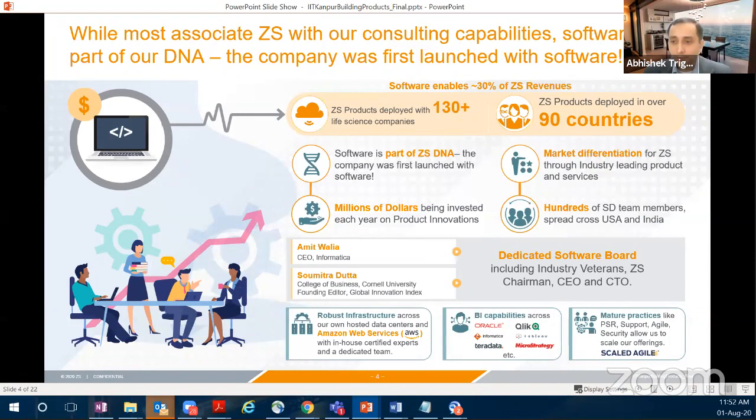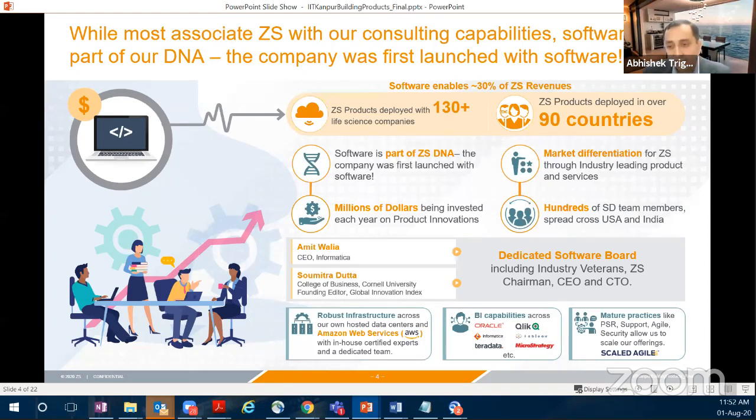The charter of the group is predominantly to create market differentiation and, of course, continue to bring in revenue through product licenses and productized services. We have millions of dollars which get invested every year on product innovations, with hundreds of team members, predominantly between US and India. And we also have a dedicated software board, which we meet every quarter, and I'm fortunate